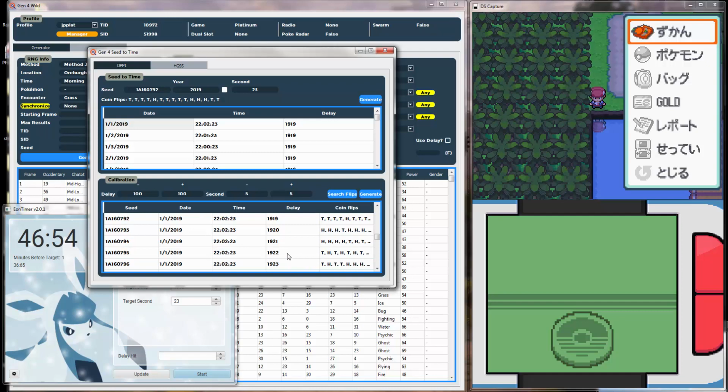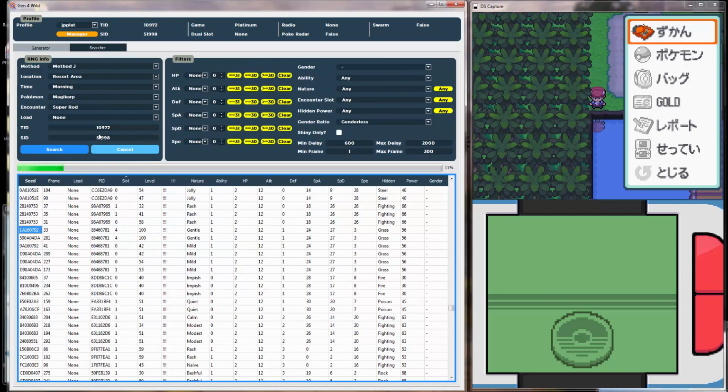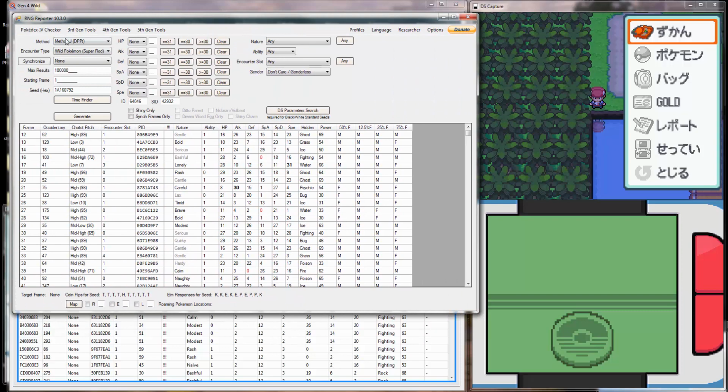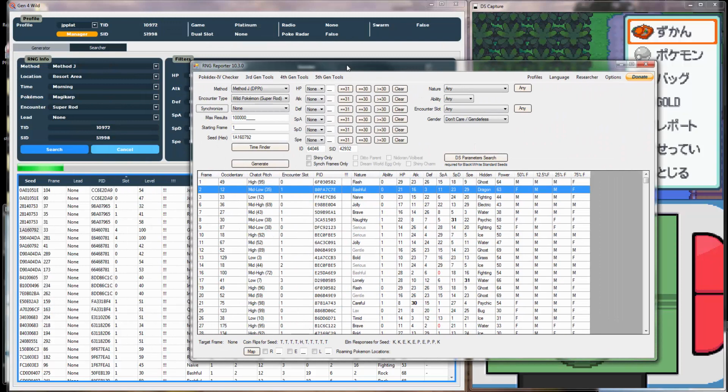Okay, so like I said, since we're reasonably certain, what we do now is we check the Chatots. However, Pokefinder spits back the wrong Chatot pitches. So what we have to do is use RNG Reporter. So it would be the main window of RNG Reporter, method J, DPPT, Wild Pokemon Super Rod, paste the seed here and all that, and then hit generate. I don't even have the right trainer ID typed in. You don't have to have it typed in, but I just...